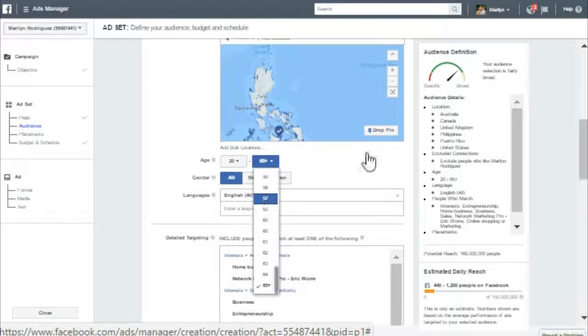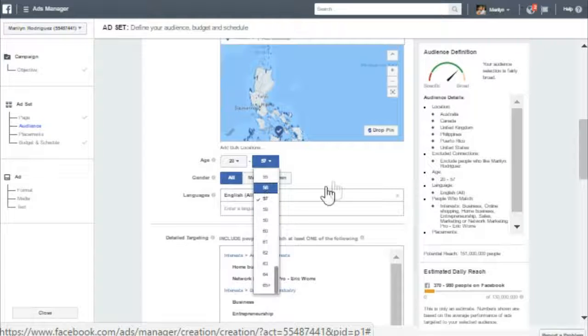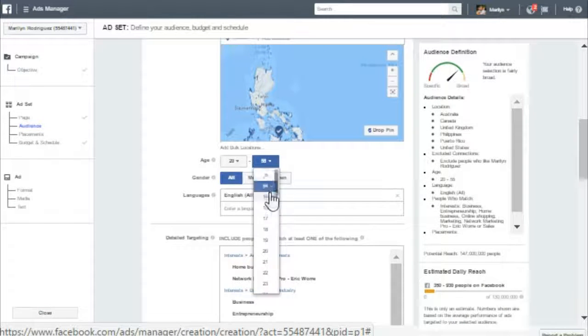So we'll start at 57. There's not a lot of seniors on Facebook. So what I do is I begin to scale down year by year. This is the strategy, believe it or not. You'll start to see this number increase or decrease as I scale my business down